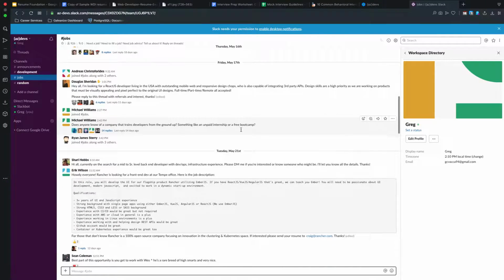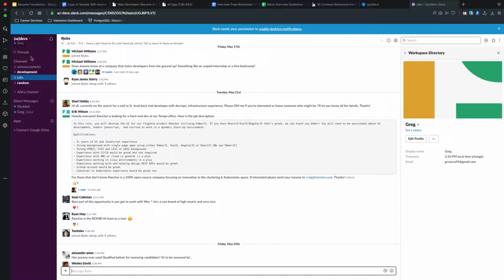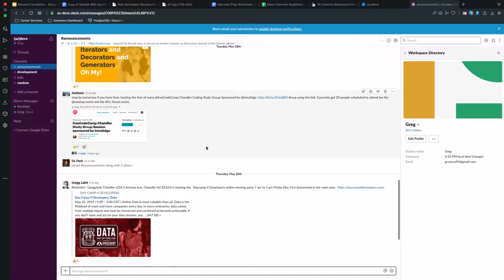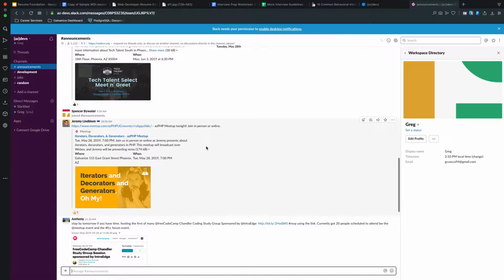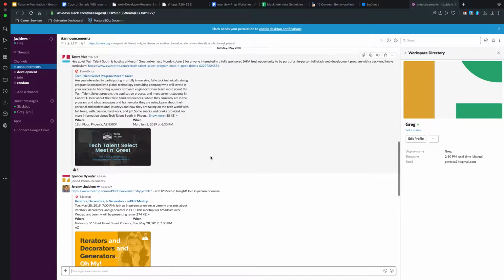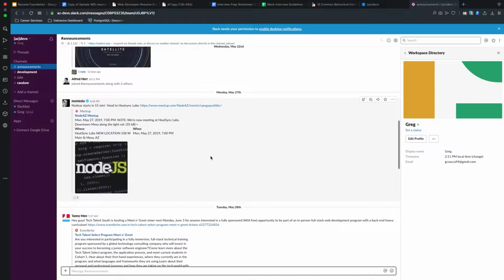This is a really great opportunity to not only look at this jobs board, but also announcements has a ton of meetups, and meetups are super, super important. I definitely recommend at least trying to go to two. Funnily enough, I got these free AirPods by going to a meetup, USAA. So all things said and done, I came out on top on that one. But this is a great Slack channel to just constantly be getting hit with, hey, this meetup's going on. Hey, this other meetup's going on. Maybe people are interested in this meetup. You can see Tech Talent Select Meet and Greet, Node AZ,